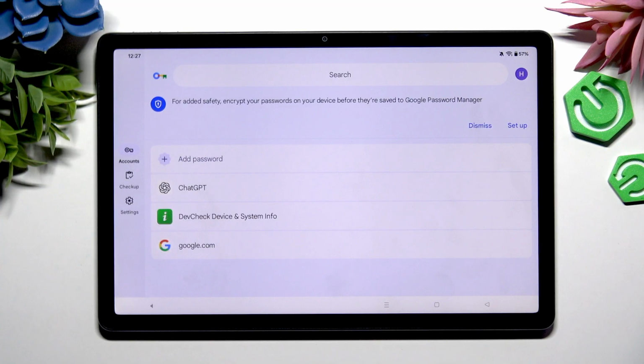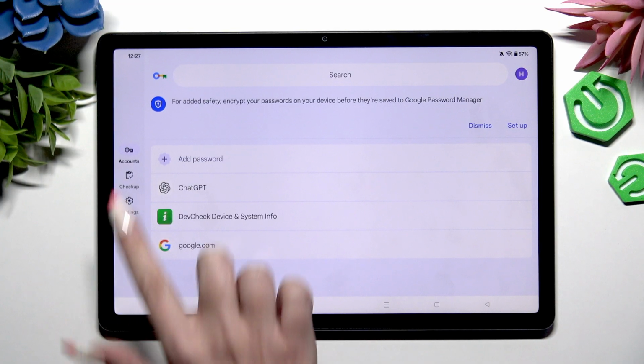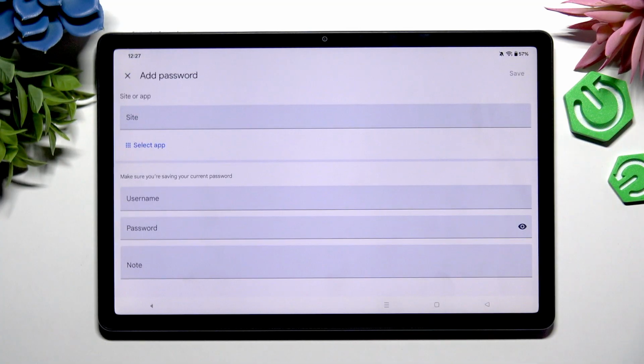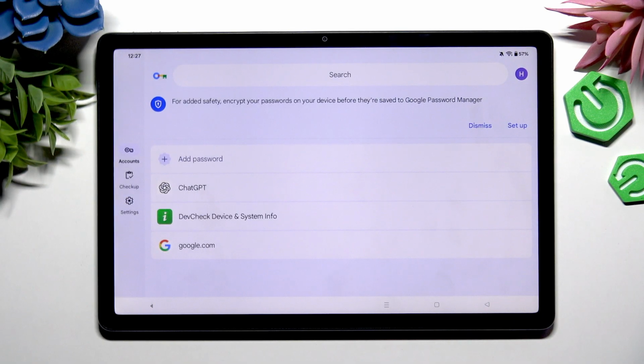Now select Accounts on the left and click on Add Password to add your own to this manager. But a common problem is if you'd never added a password before, you won't see any